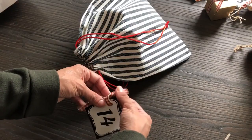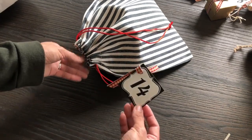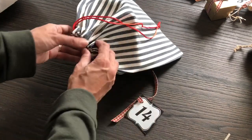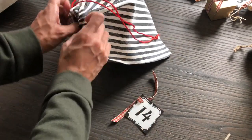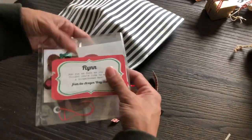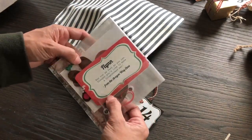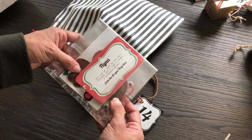So you can choose any days that you wish. We decided to spread them out through December. So the next gift that they're gonna pass on is on the 14th, and they'll get this bag and open it up. And what we did with this one is we bought a kid's